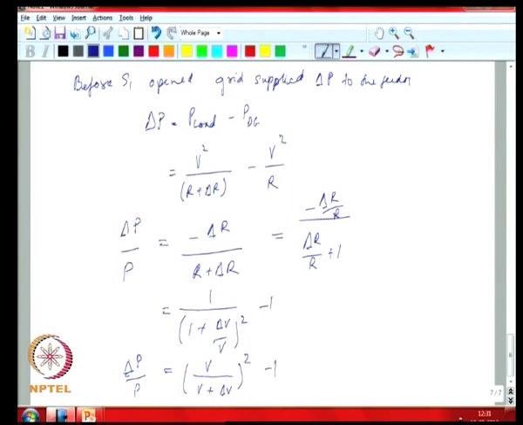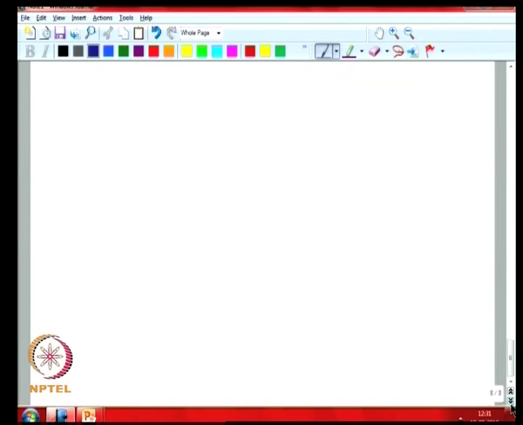delta V to be corresponding to the situations of upper thresholds and lower thresholds. So, we can take V plus delta V to correspond to some V max and V minus delta V to correspond to some V min, and then you can actually write an expression relating delta P by P to V max and V min by substituting in this particular expression. Okay. So, you can write V by V max